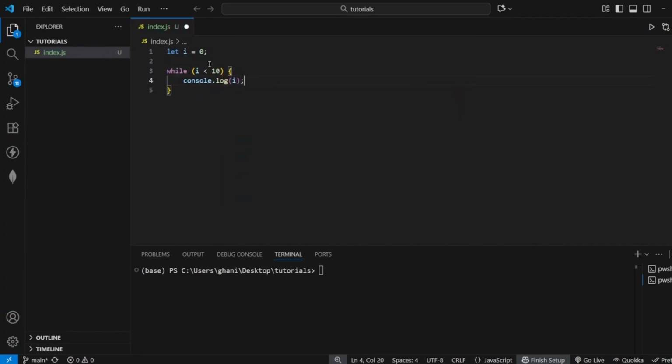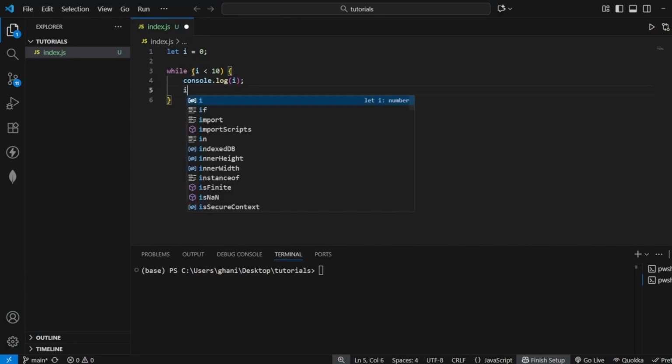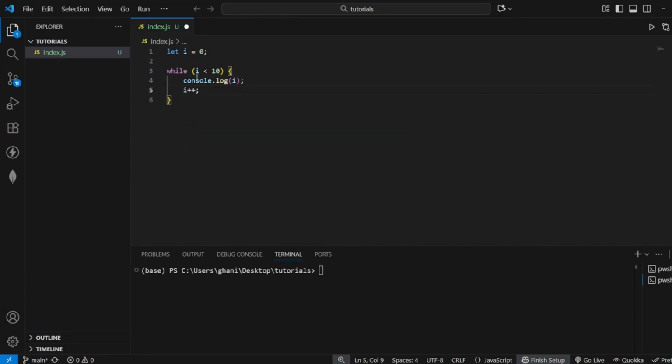i, for example. And if I would just start this loop, it would basically run forever, because i will never be incremented. This means i will always be 0 and this loop will always keep going and going and going. And this would be an infinite loop. So to break out of this loop at a certain time, we need to increment i every time we run our loop. So I'm going to say right here, we will do i++ to increment i by 1